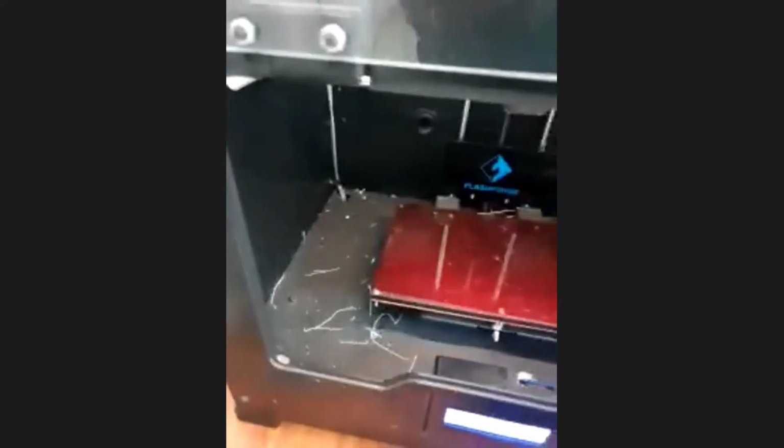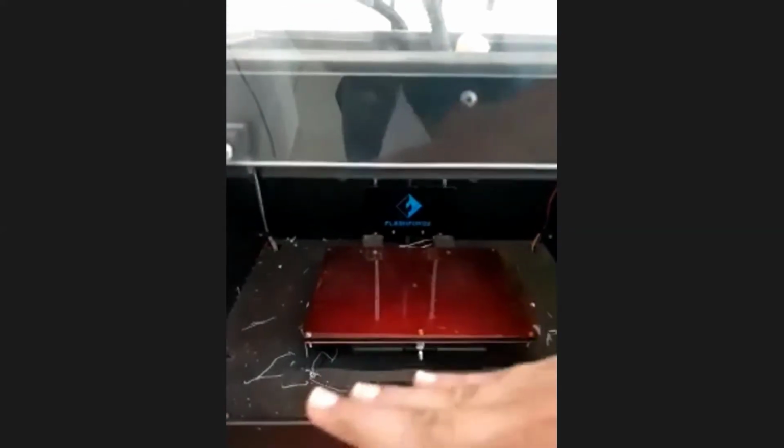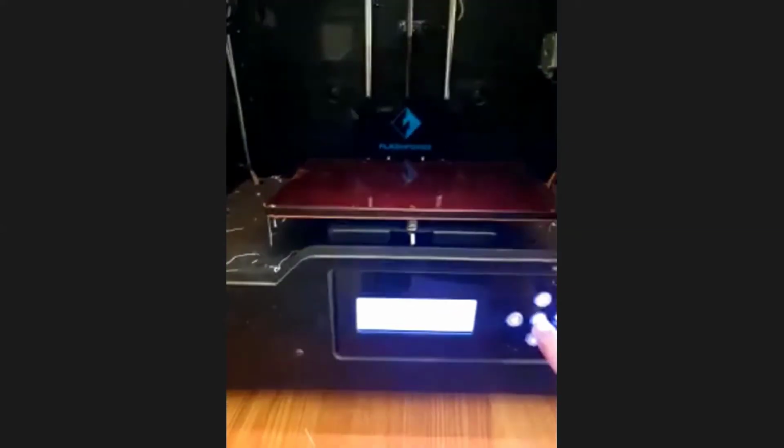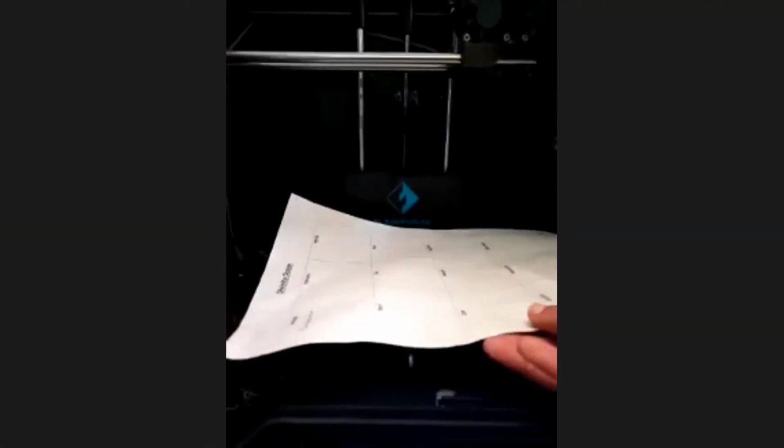Before I even heat the build plate, I have to ensure that my build plate is in level. It cannot be at an angle. It has to be leveled. Most of the machines have inbuilt programs. Even this one, if you can read it, has a plate leveling option. So I'm just going to go accordingly, and you'll see. Sorry for that, there's something wrong with my Z.